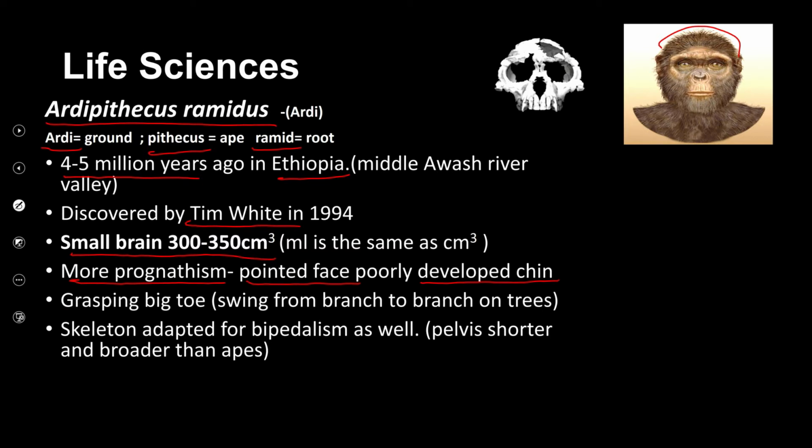Right, they also still have a grasping big toe, and that is because they still lived in trees, or they used trees as part of their habitat, and so they were able to swing from branch to branch. Okay, and their skeleton was adapted for bipedalism as well, so the pelvis was shorter and broader than the ape